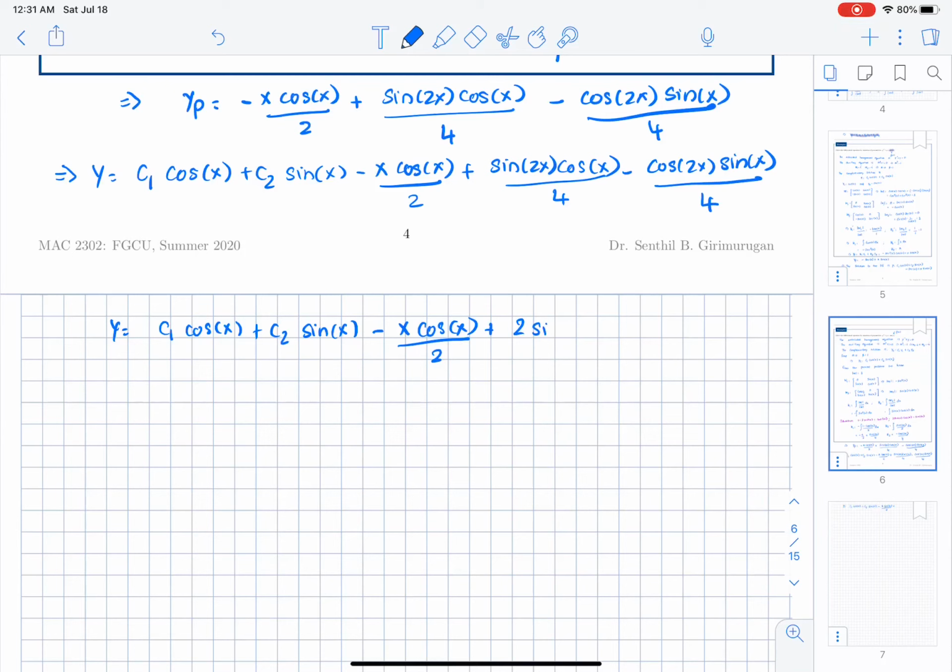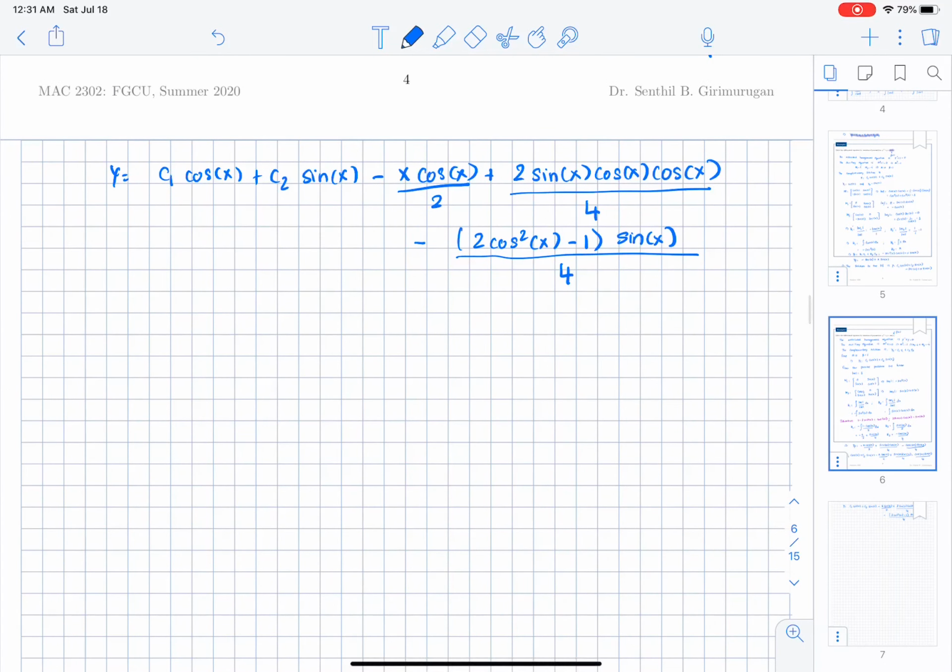Sine 2x is 2 sine x cosine x times cosine x over 4. And cosine 2x, I could write it as 2 cosine squared x minus 1. Multiplied by sine x divided by 4,